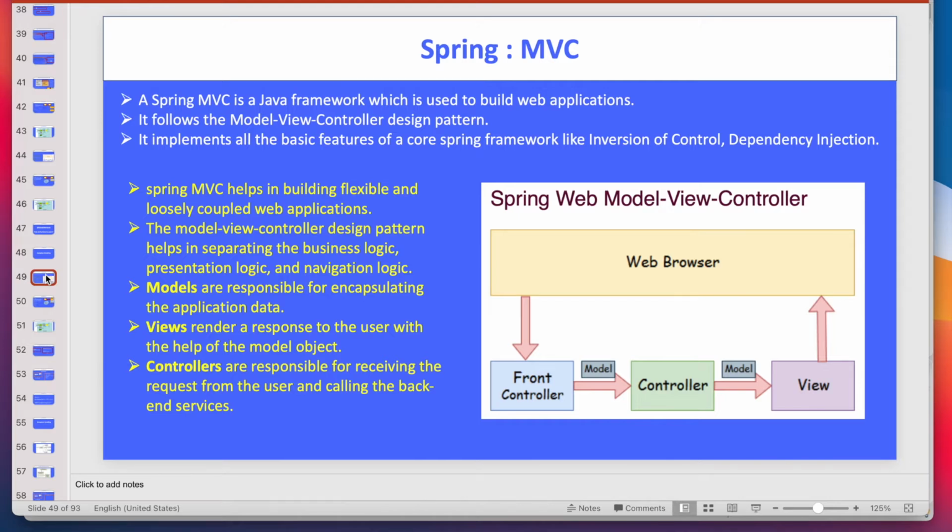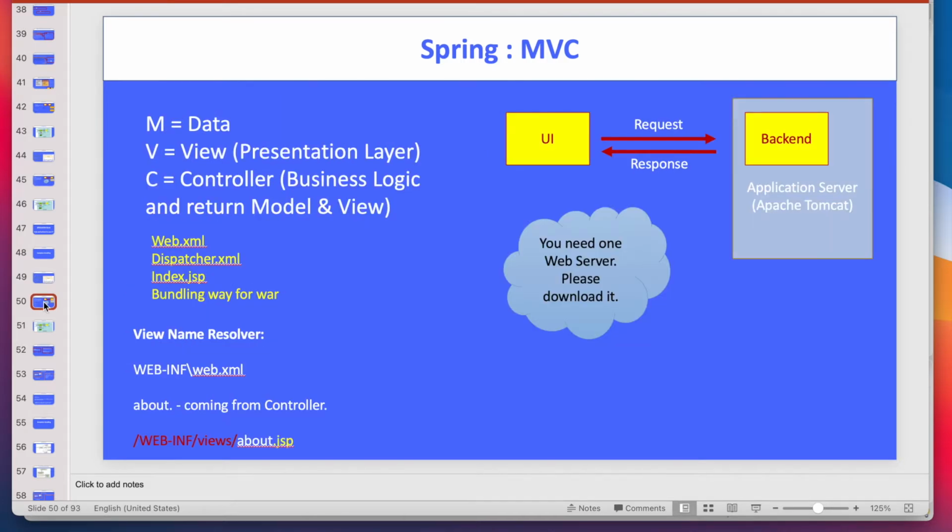And just in 30 seconds, MVC is the design pattern used for web applications, and we always see the UI part, either this is Facebook or LinkedIn or Amazon.com. For each and every UI, we have the backend, right? And that backend we run in any application server or enterprise server. So we are going to use Apache Tomcat. You have to install this, and I will show how to use it in Eclipse.